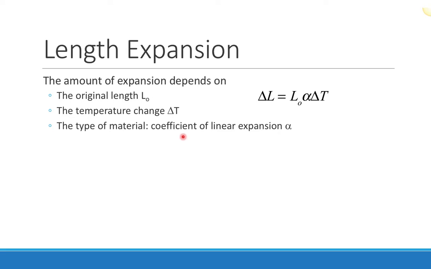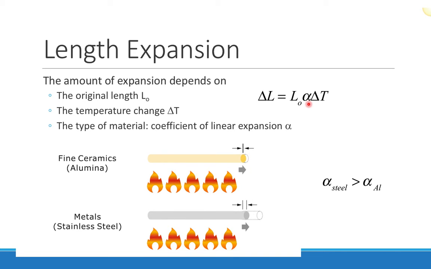And it's called the coefficient of linear expansion. There will be different coefficients of linear expansion for different materials. So here is a little animation where I have fine ceramics, alumina here, and then I have stainless